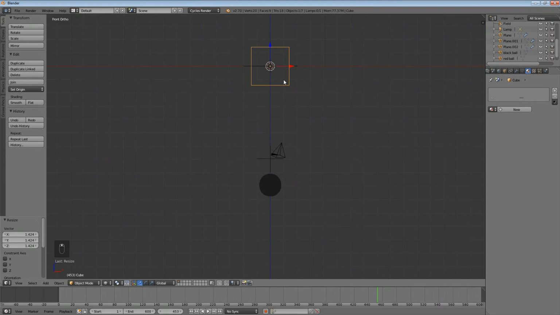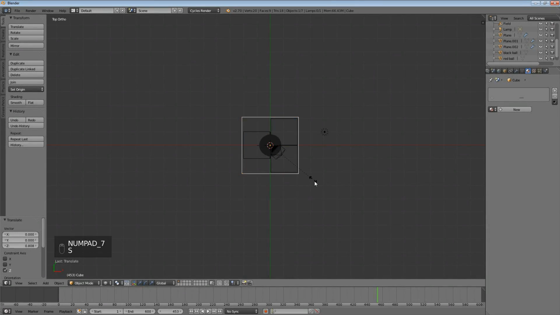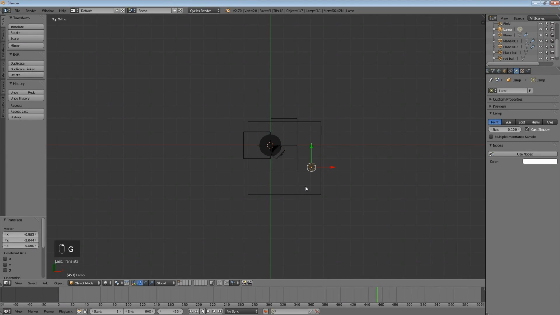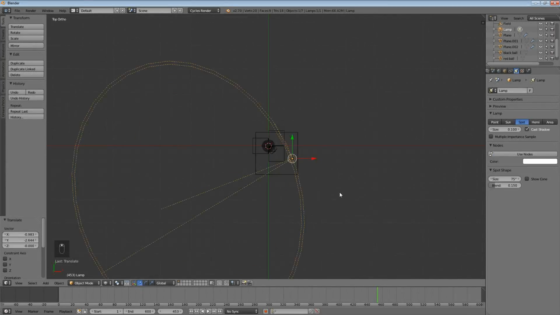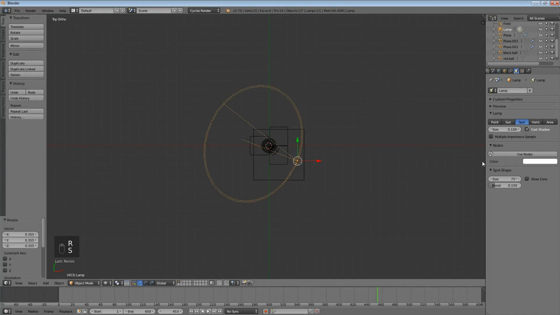Then you zoom out and position your room that you just made so that it can fit everything in there just so snug. I'm actually going to leave a little bit of room because I'm going to put a light over here. I'm going to move my light over here and change it to a spotlight. And that's pretty huge, so I'm going to rotate it and scale it down a little bit,